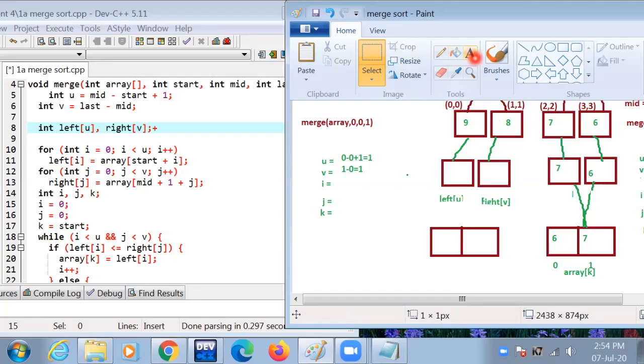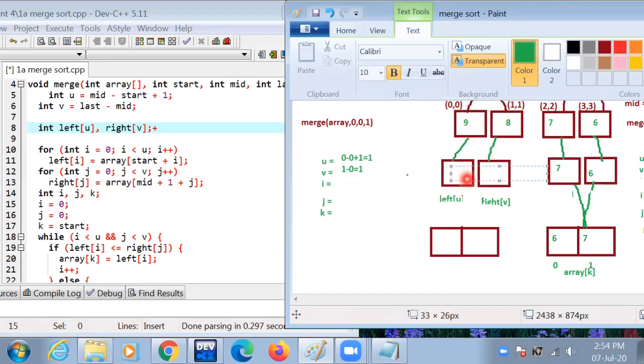Then 9 is inserted here and the I value is 1. 1 is less than 1, condition is false. The value of I is 1 and the value of u is 1.